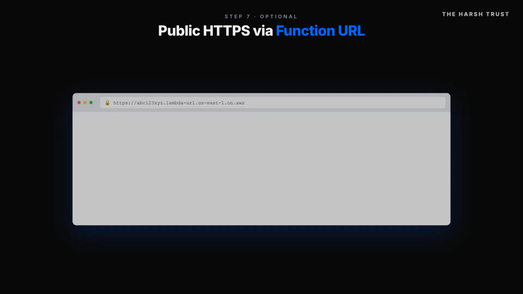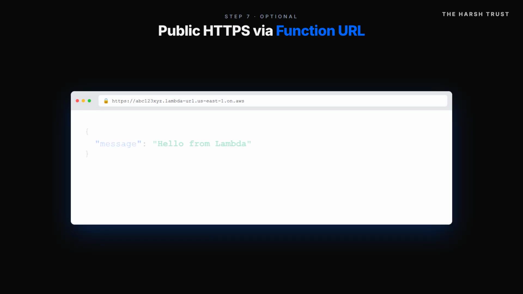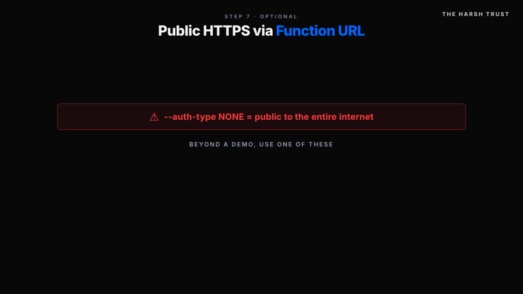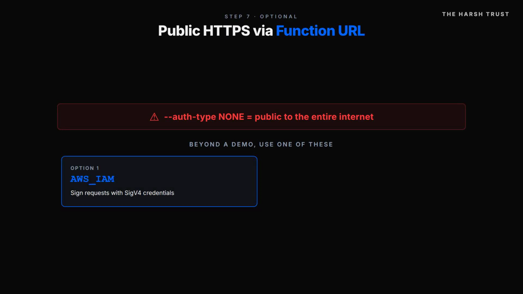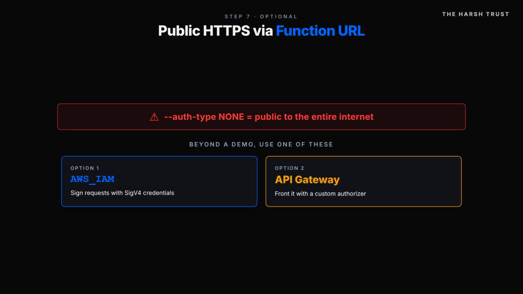Open the URL in your browser. You should see the JSON body with the message, Hello from Lambda. That's a fully working serverless HTTPS endpoint, no API Gateway, no load balancer. A note, auth type NONE makes the URL public to the entire internet. For anything beyond a demo, use AWS IAM and sign requests or front it with API Gateway and a custom